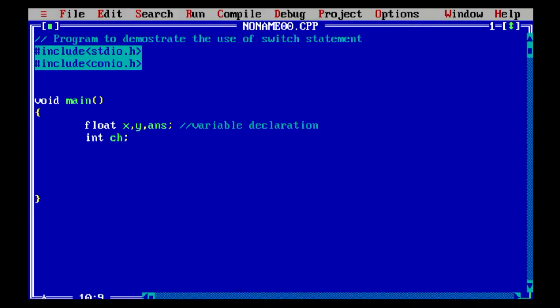In the next step, we will display menu for available operations using printf. Now we need to prompt for user's choice and store user's answer inside variable ch using scanf.